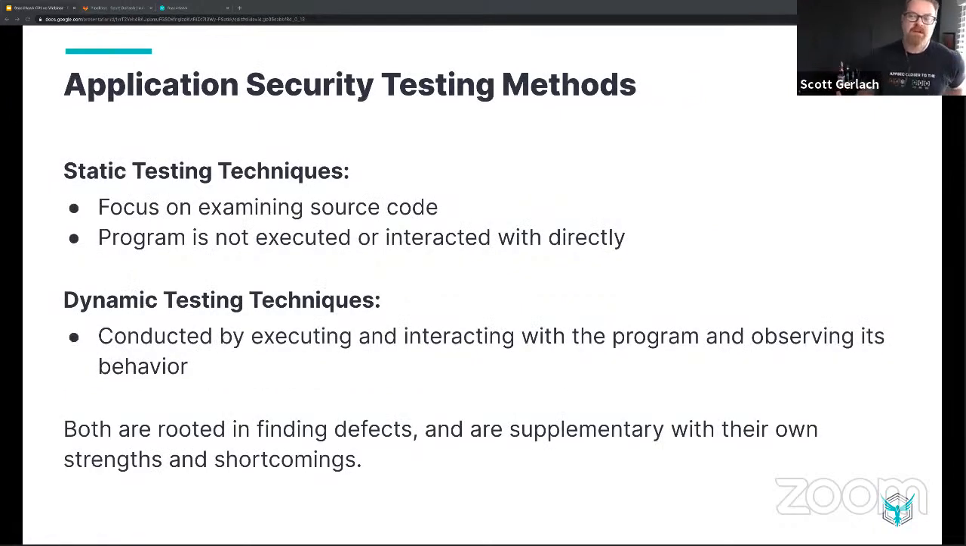Let's talk about some application security testing methods. And that is static testing techniques. Those things focus on examining source code and/or dependency libraries. So static testing is looking at source code itself and looking at packages that you're using to build applications. So your open source libraries that you've pulled in, most commonly referred to as software composition analysis. And those things do not interact directly with the executed code. So they're looking at just the words that get written that turn into code